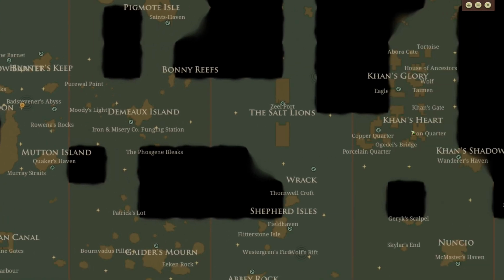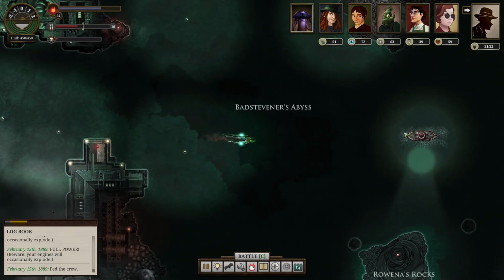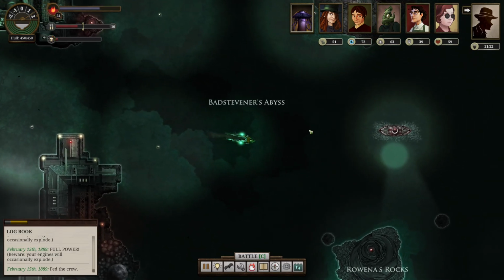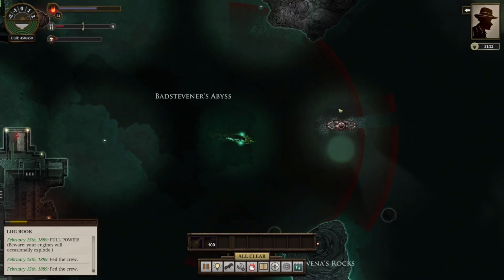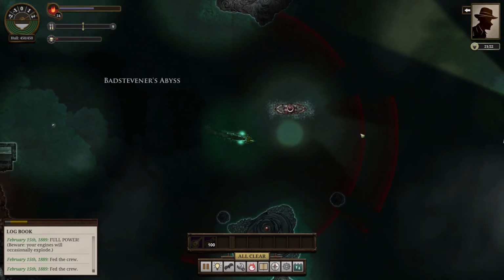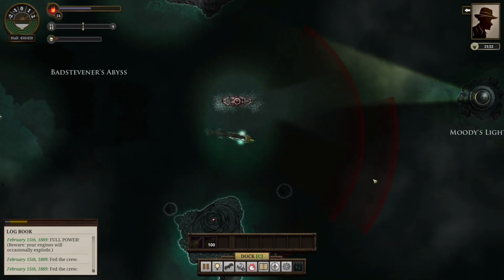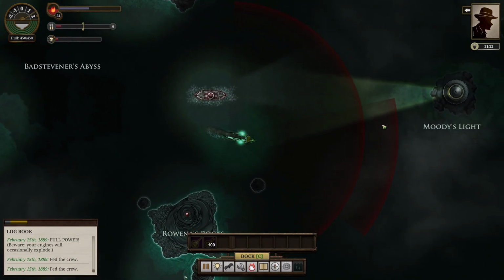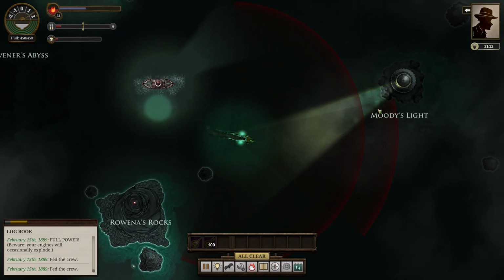So let's get out, just straight out here, I guess. We can hit the Salt Lions, of course. Great. So in combat, you'll see, now that we have this forward weapon, we have this extra firing arc here. We will probably have to do a lot of backing up during combat, just keeping enemies in the line of fire here. But it gives a bit more range, which is handy, especially for things like Lornflukes, or